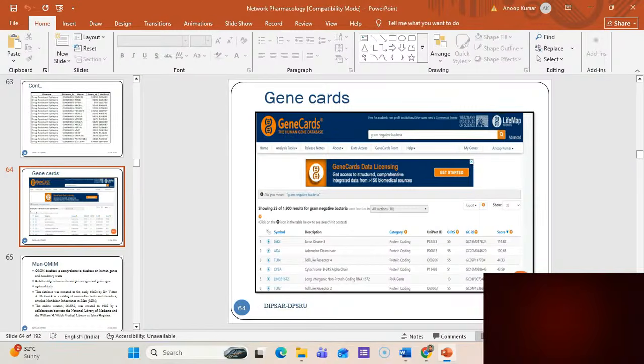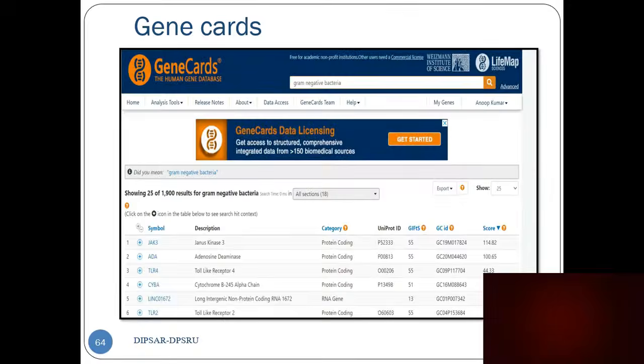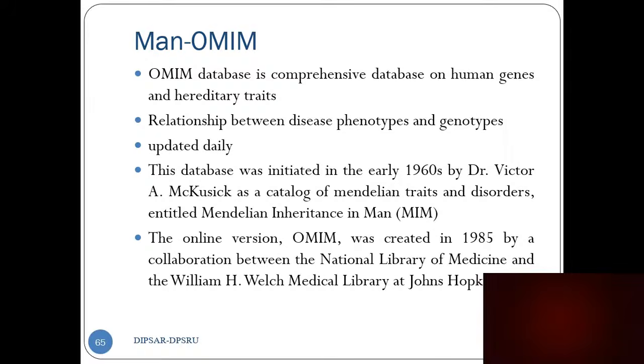Another one is OMIM. This is the OMIM database. It's a comprehensive database on human genes and hereditary traits. It tells you about the relationship between disease phenotype and genotype. The major advantage is that it's updated on a daily basis, and the database was initiated in the early 1960s by a scientist. Mendelian Inheritance in Man is a catalog of Mendelian traits and disorders. The online version was created, so you can read about who created it, how these databases have been created,